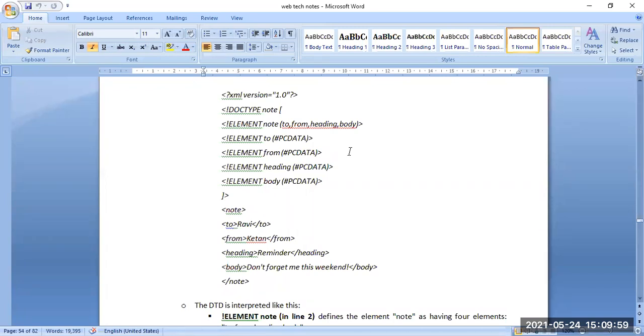First of all, we have mentioned the structure of the XML document with the help of the DTD, where the PCDATA, from, to, heading and the body, these four things, have been mentioned.